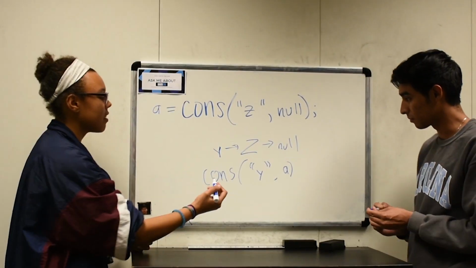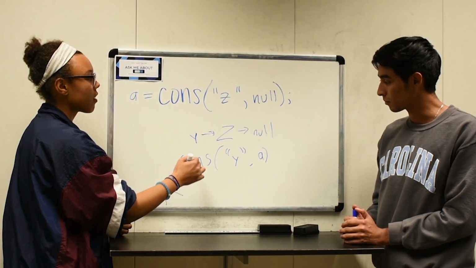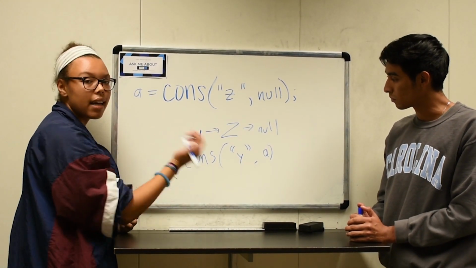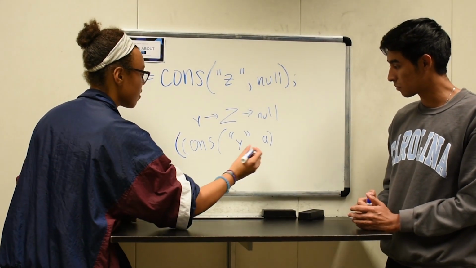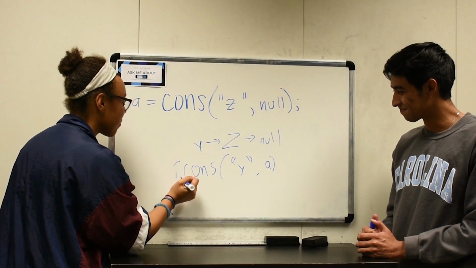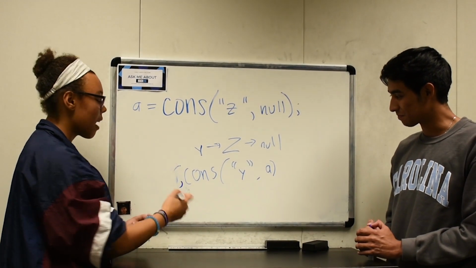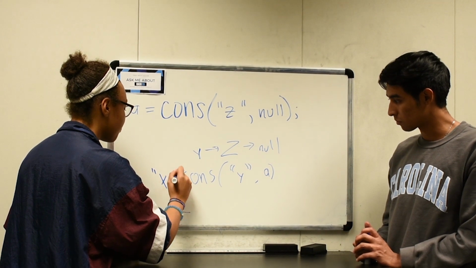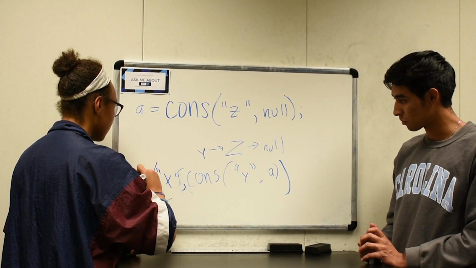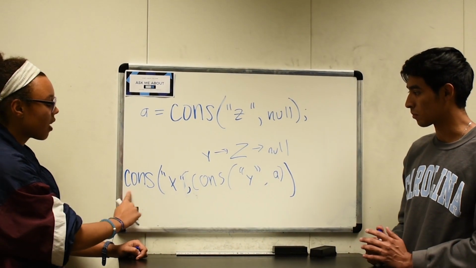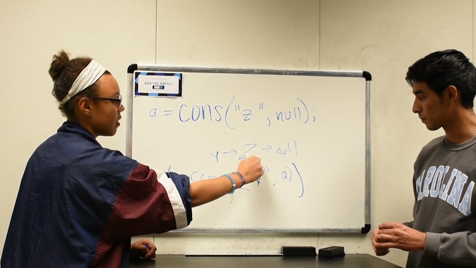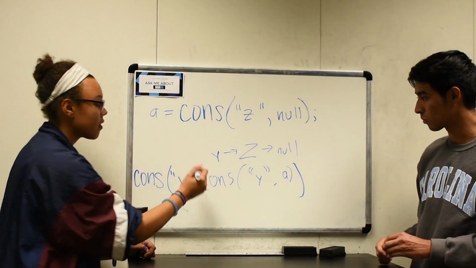So we can actually use this entire cons call as our second argument instead of null or instead of a. So we can just nest our cons functions by putting parentheses, by saying that this is our second argument and putting whatever node we want to tack on to the beginning of that before. So in this case it's going to be x, and that would be our entire argument. And we're going to say cons. So we're saying cons of x onto cons of y and a, so y, z, null. And then our final output of this would be